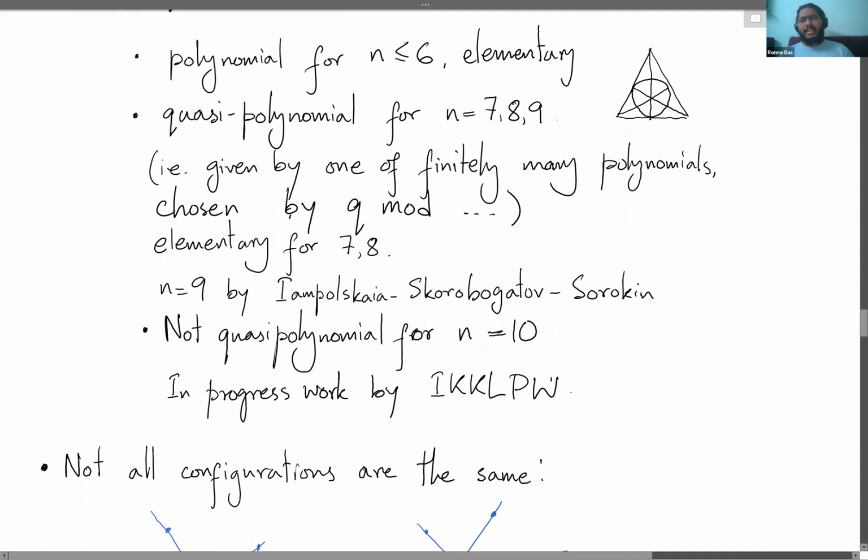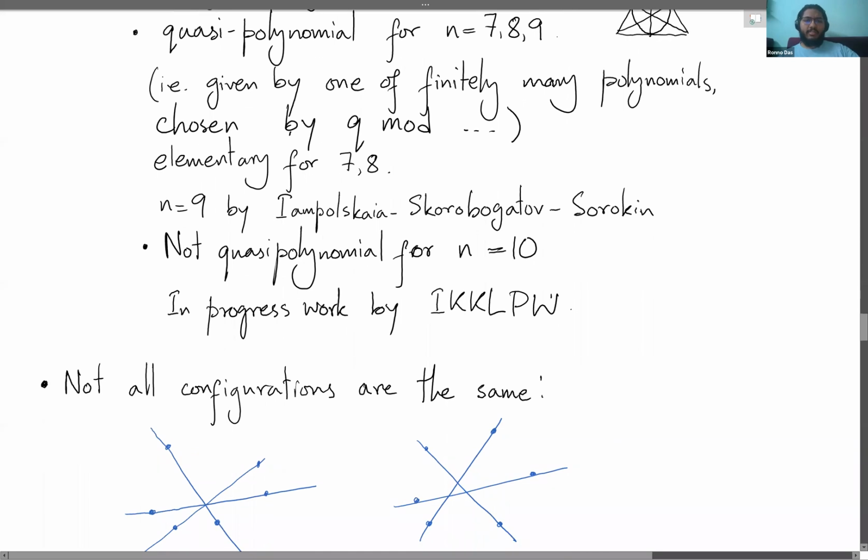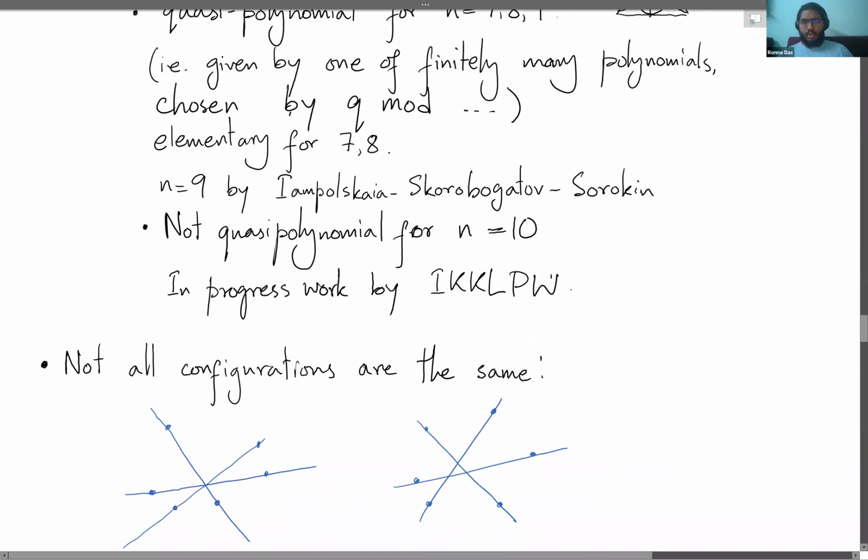7 and 8 are still sort of, you list these, and it's not so hard. You can do this by hand. For n equals 9, this is a result of Yampolskaya, Skorobogatov, Sorokin, and I think they were looking at this problem from some coding theory aspect. Somehow having non-collinear points corresponds to some sort of binary codes, and they computed this count in that context, but it's equivalent to this. And then by work in progress of 6 authors, for n equals 10, this count is